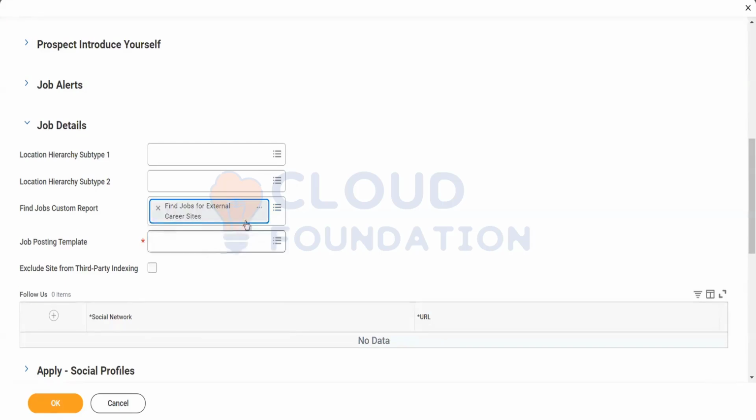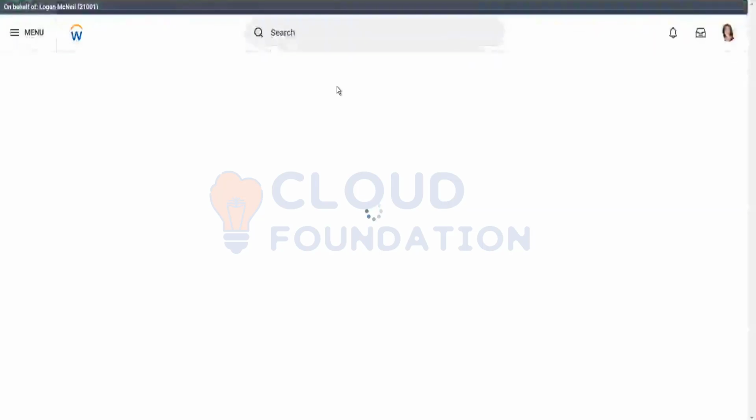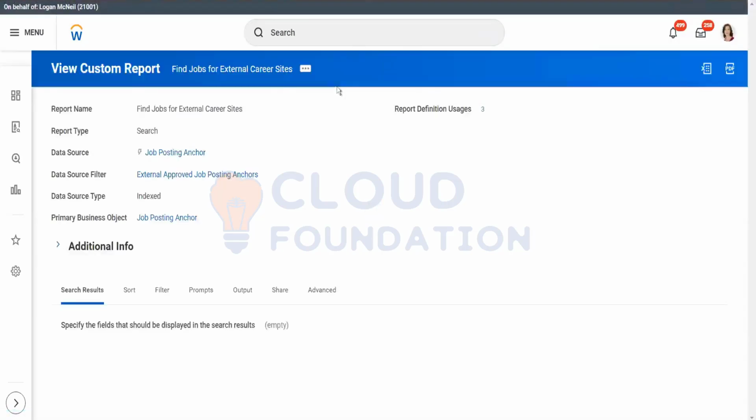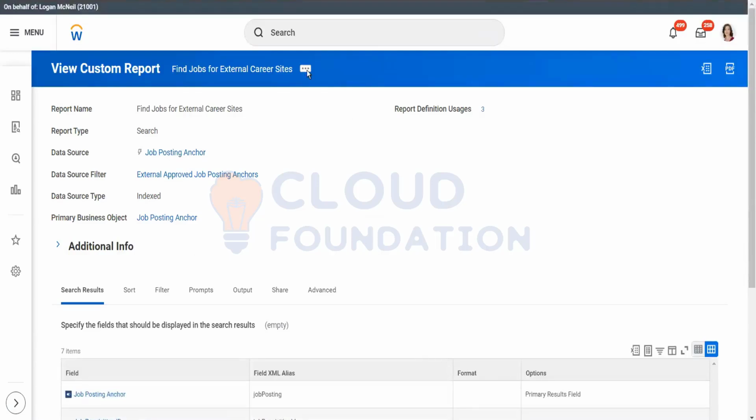Let's suppose we have created this custom report, and if I open it in another tab, if I edit it,